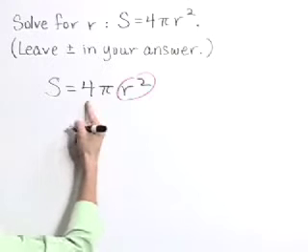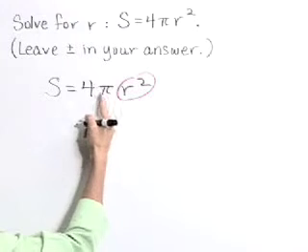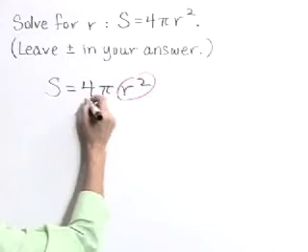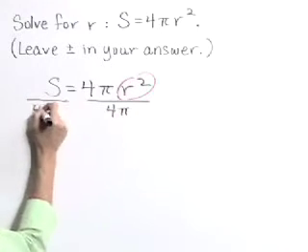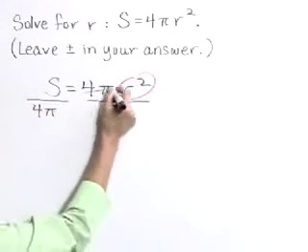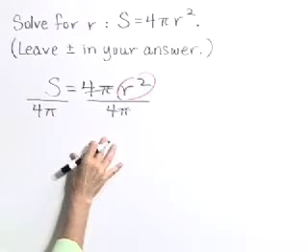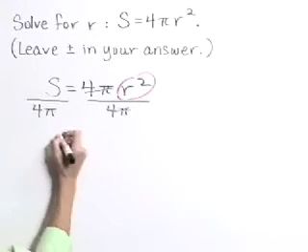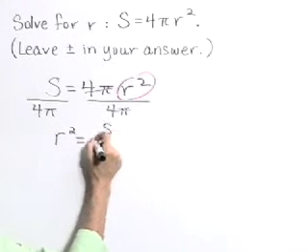So we need to start by dividing both sides by 4 pi. This is a product. Divide the right-hand side by 4 pi, and divide the left-hand side by 4 pi as well. This isolates our r squared value. I'm going to reverse sides here and write this as r squared on the left is equal to s over